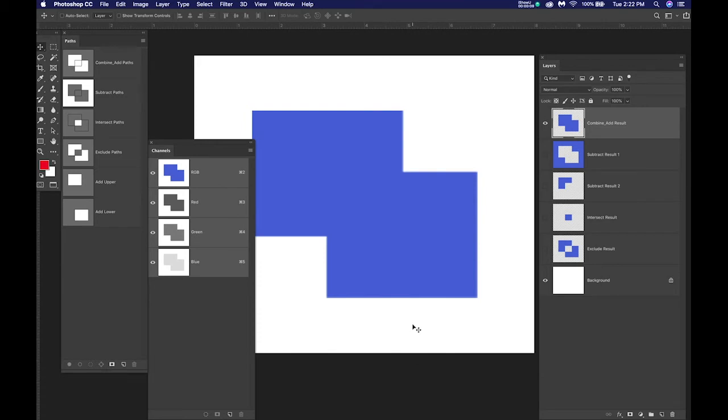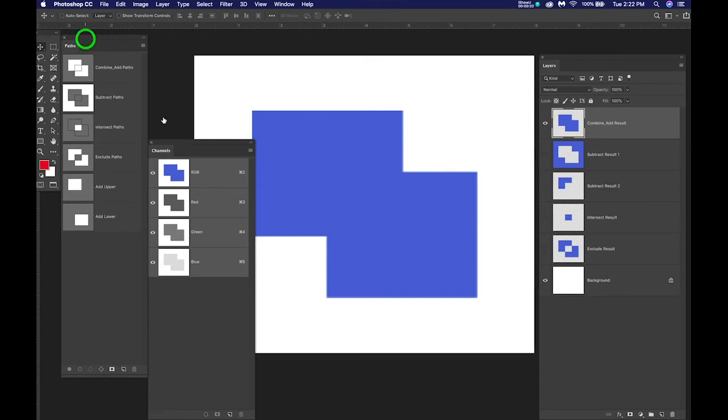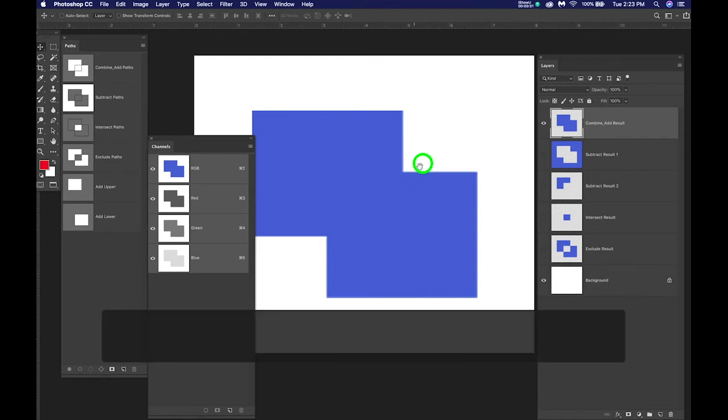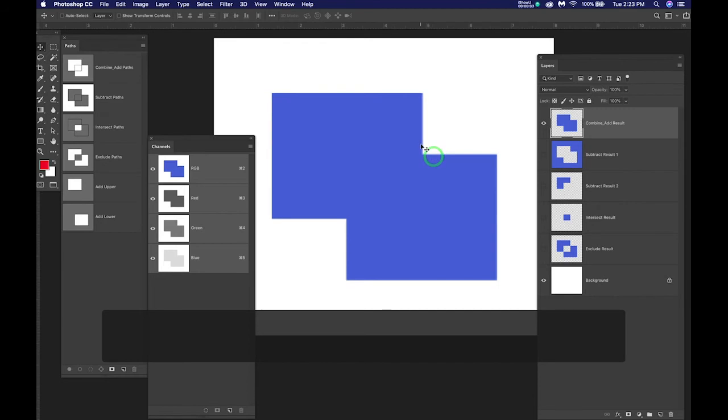I want to stress the importance of you understanding the similarities, the unity, and the differences between, and look what I'm clicking on, paths, channels, and layers. Okay, so we're going to have an experiment here, and I doubt that a lot of you know that a